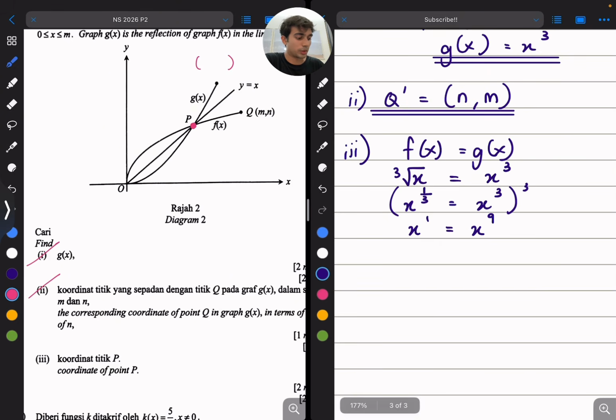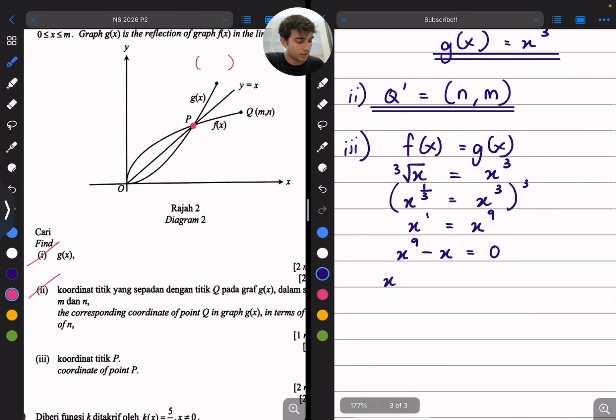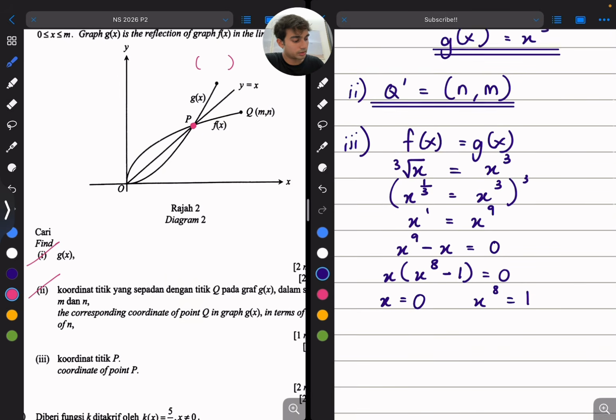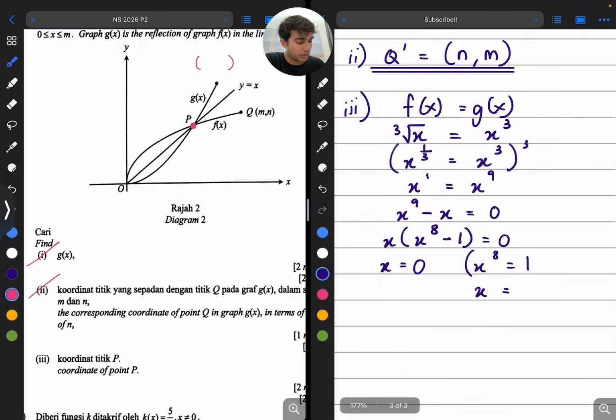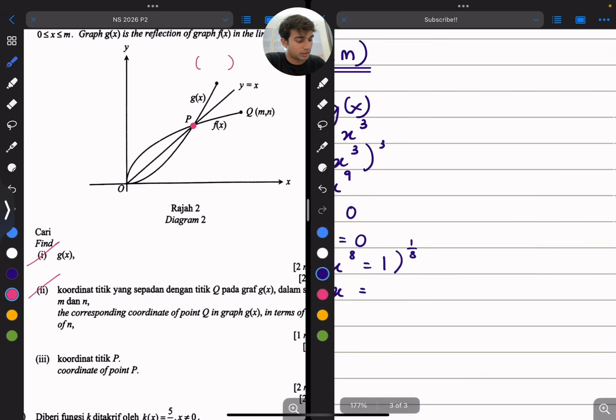Then we can bring all the x's to one side. So you can say x^9 minus x equals 0. Then now we can factorize. So you can take out the x, you'll be left with x^8 minus 1. So we can say x is 0 and x to the power 8 equals 1. So if you want to get rid of the 8, you can do two things. One is you can power the whole thing to 1 over 8, which will cancel off the 8. Or, to be honest, this is actually easier. Or another one is if you know